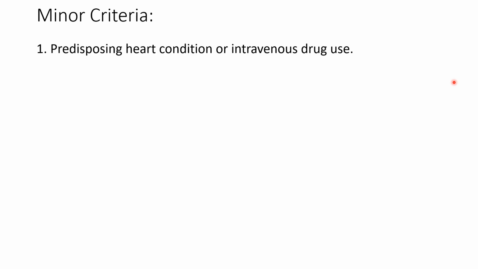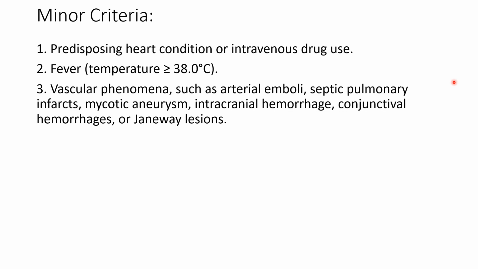Now moving on to minor criteria. Here remember the patient should have the risk factors. For example, he should have a predisposing heart condition or an intravenous drug use history, and present with fever where the temperature is more than 38 degrees centigrade, and you see some vascular lesions such as,